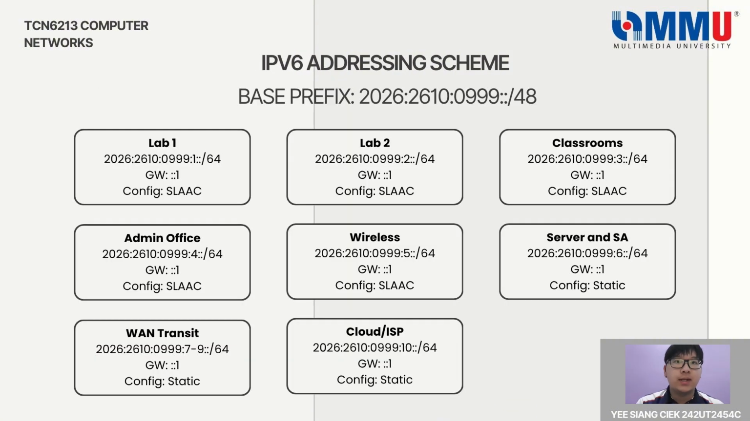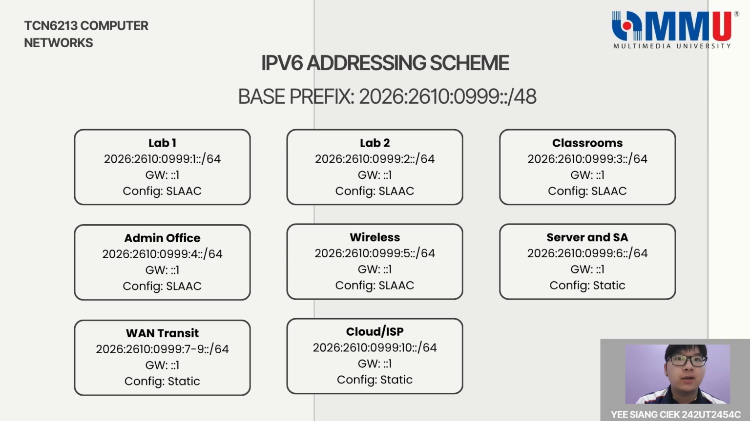I'm Yi Xiangjie, and I will cover the IPv6 addressing scheme and routing configuration. Our entire network is built on the base prefix 2026:2610:0999::/48. We then allocated individual /64 subnets for each zone. Lab 1 uses :1::/64. Lab 2 uses